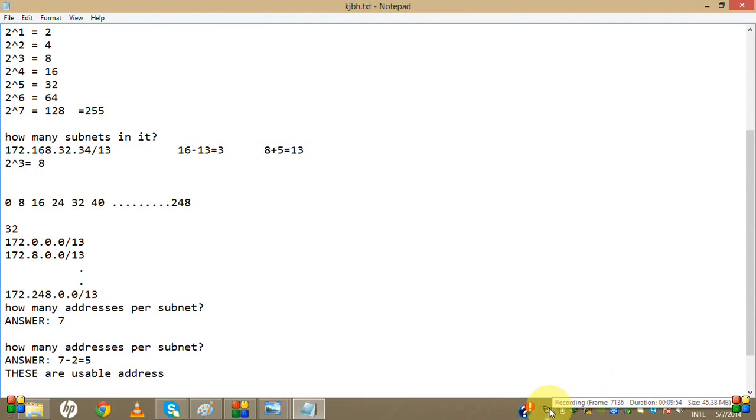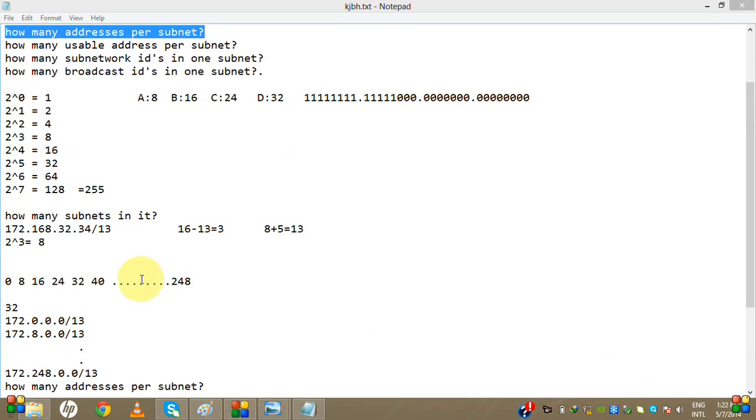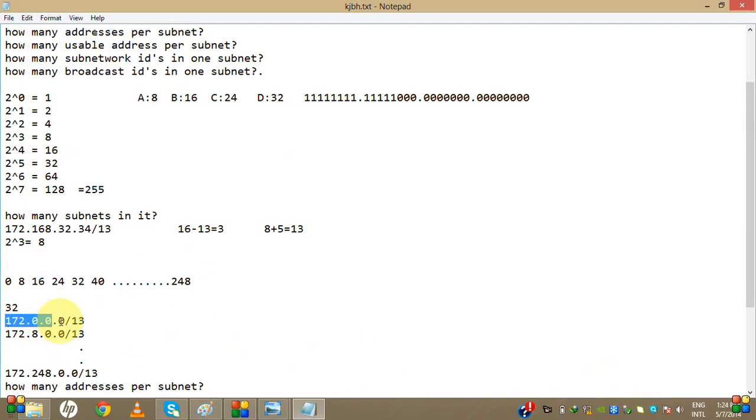I'm going to expand this address to get the IPs in this address. You can see that the first is 172.0.0.0/13, and you see that the second is